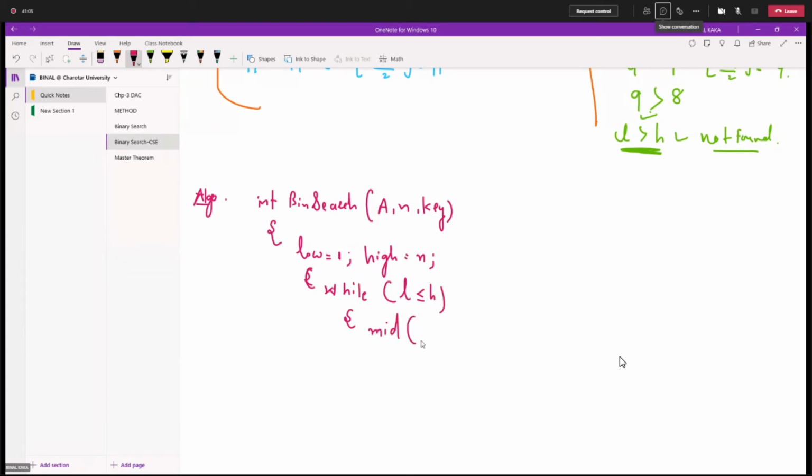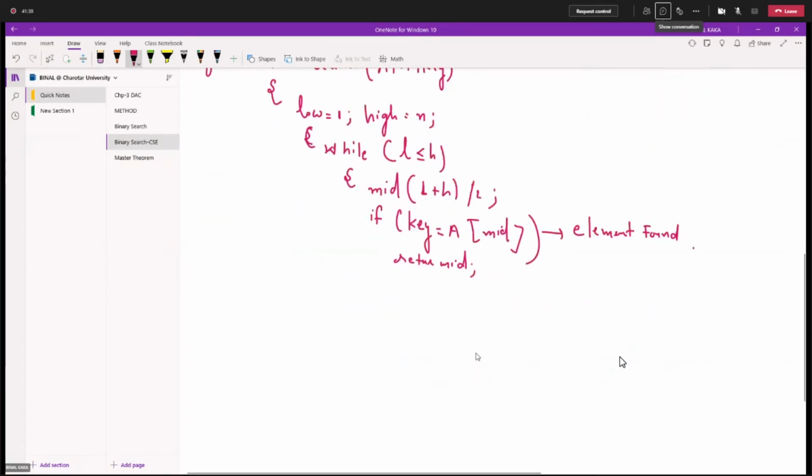Right? How will we find mid? Low plus high divided by 2. This is your mid. If your key value is equal to array of mid, that means if you are finding the key value at mid, then your element is found, right? Then we return the mid.